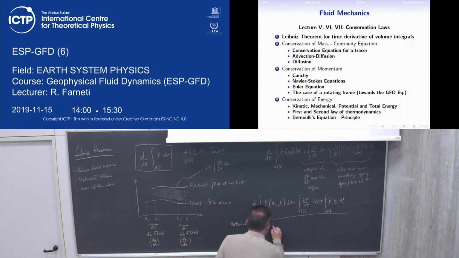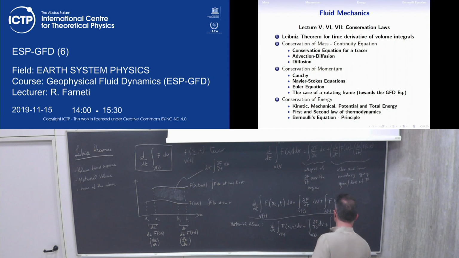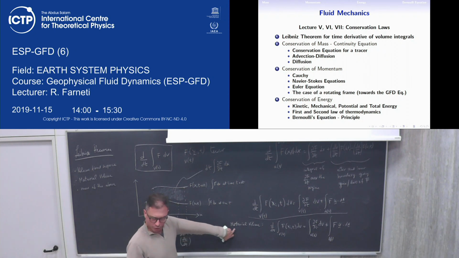For a material volume, you want to look at the change in time of your function or your tensor f integrated over some volume, and that is going to be the change of f integrated over the volume plus the fact that the area bounding the volume is moving, so you have to integrate that over the surface area. And in this case, the velocity of the volume over which you're integrating is equal to, in a material volume, is equal to,